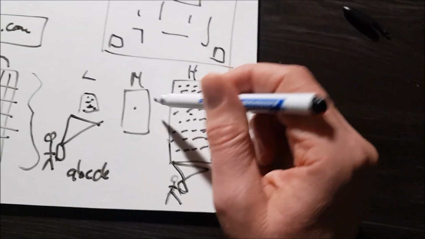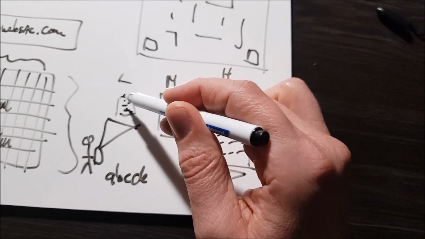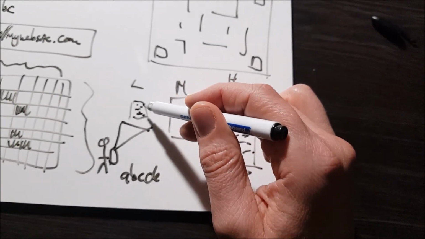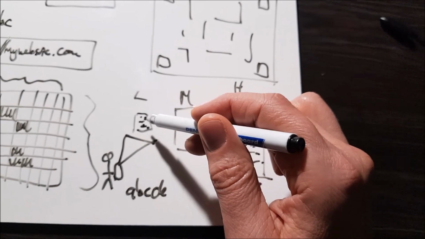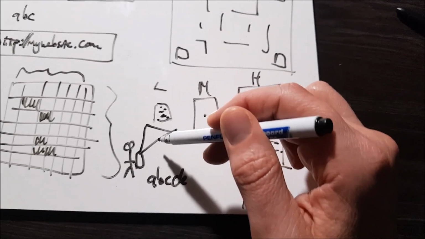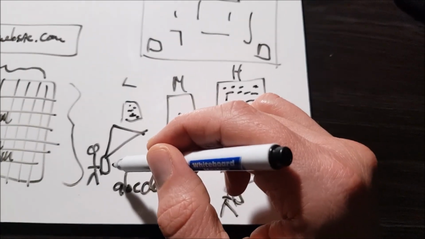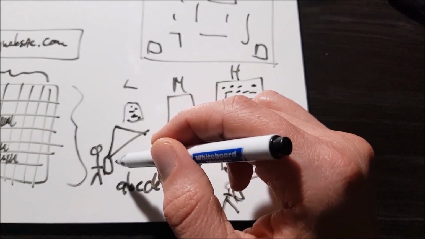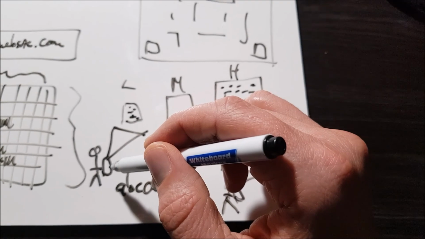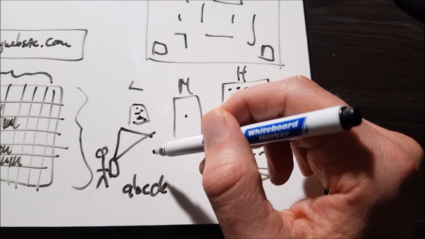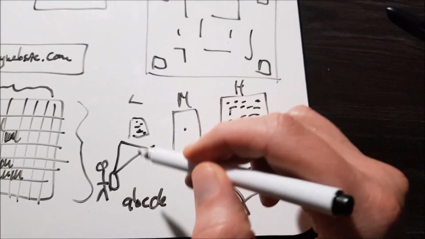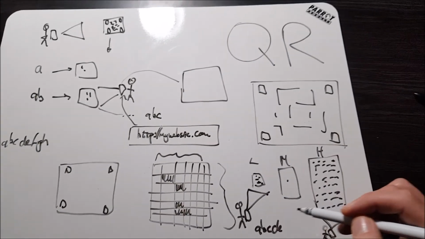So there's a big advantage to using low detail QR codes, because they're more likely to be scanned correctly, especially if people are using cameras with a lower resolution, older software, or maybe not the most recent QR code scanning app, etc. So yes, this is a quick introduction to QR codes